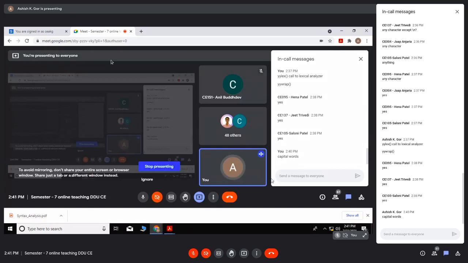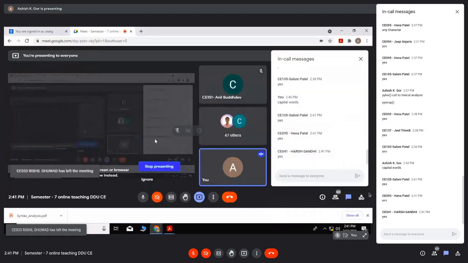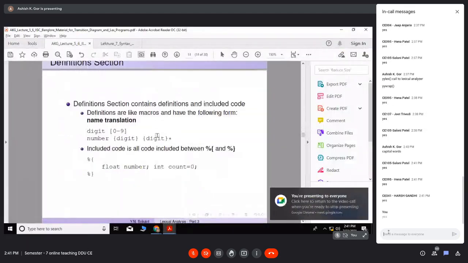And if it is a small letter, it will match with the second rule, and there is no associated code, so it will simply do nothing. Okay, so I hope you got the input and output from the program. Yes, at least yes. Okay, fine. So let us go to the next program.